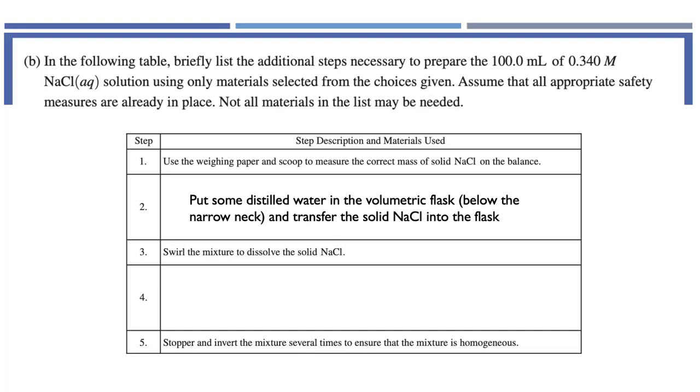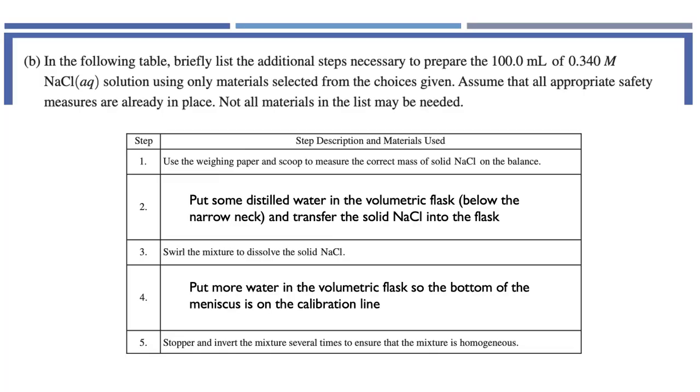We need to make sure that the final volume gets up to 100.0 milliliters. So at this point, I'm going to put more water in the volumetric flask. And ultimately, I want the bottom of the meniscus to be on the calibration line. And then I'm going to stopper and invert the mixture and ensure that everything's completely dissolved, that I have a